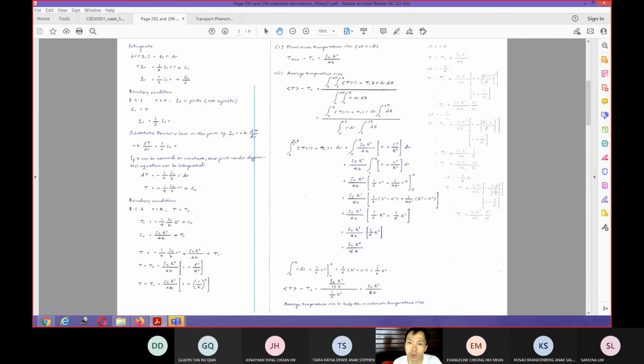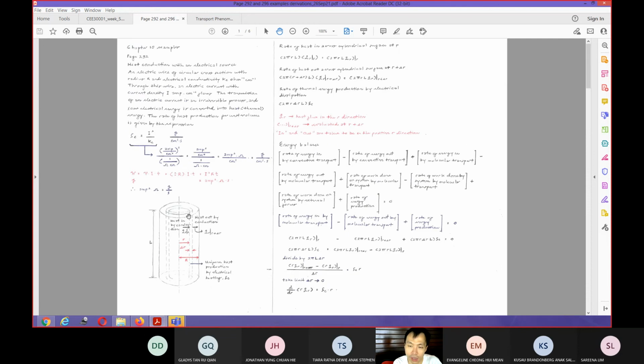Then the other quantity that you can get is the heat outflow at the surface for a length L of wire. So this will be equal to the 2 pi RL, which is the outer circumference surface in here, multiplied by the heat flux at R equal R. After you do this, then you know that this one is equal to pi R squared L multiplied by the S_e. Then this means that at the steady state, all the heat produced by the electrical dissipation in the volume pi R square L must leave through the surface R equal R.